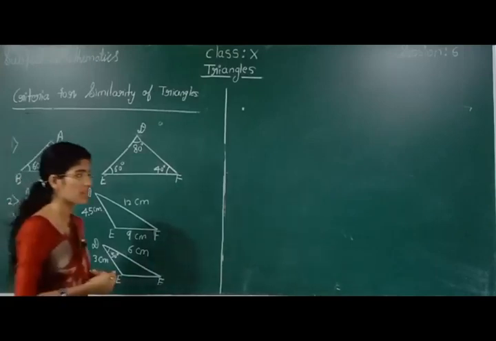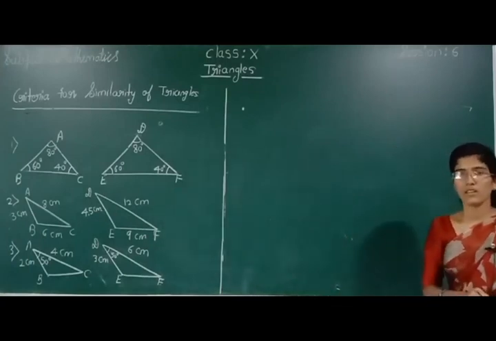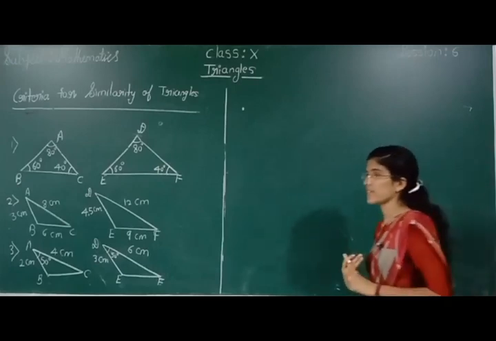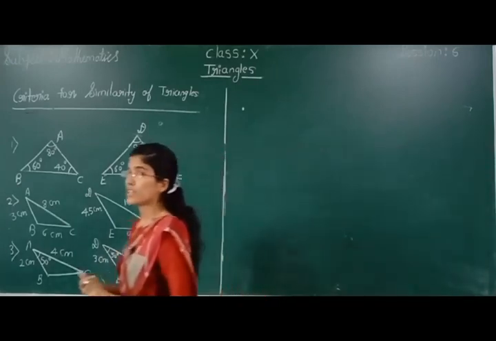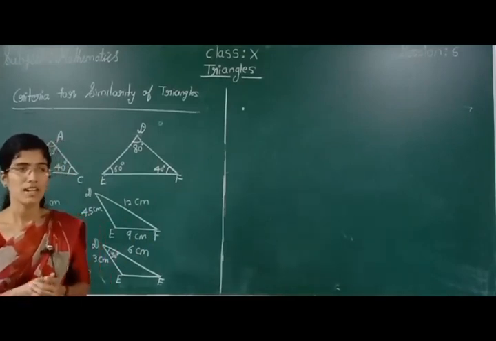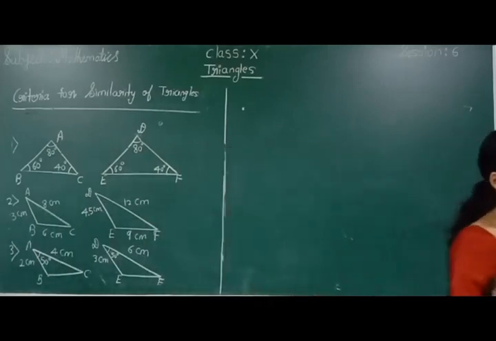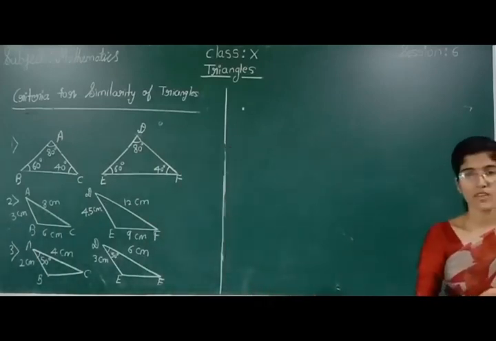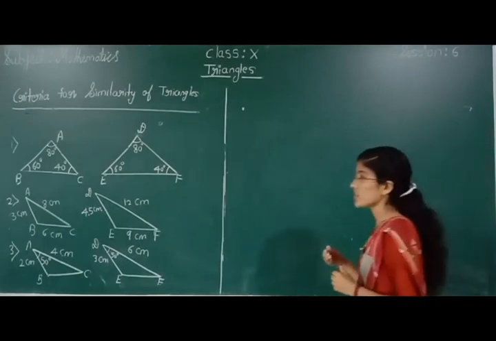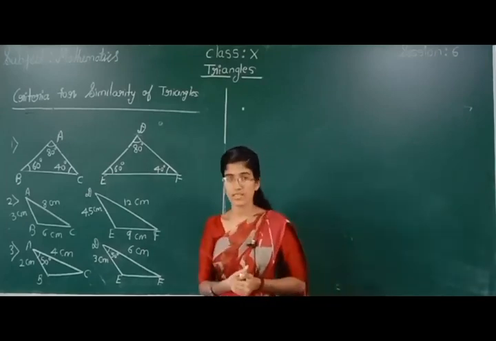In the last class we learnt about angle, side, angle, side criteria for similarity of triangles. We learned that instead of going for 6 elements, that is 3 angles and three corresponding sides that should be in the same ratio, total 6 elements we have to check for similarity of triangles, instead of that, we have proved the theorems, that is, criteria for similarity of triangles, right?